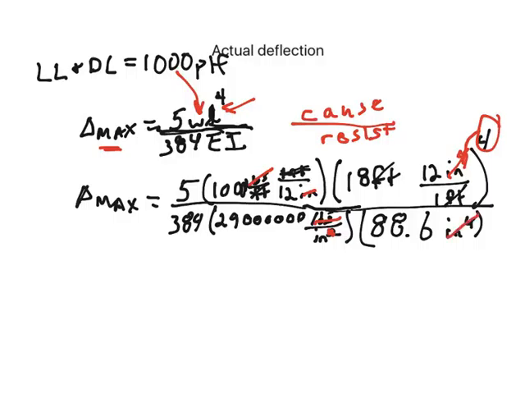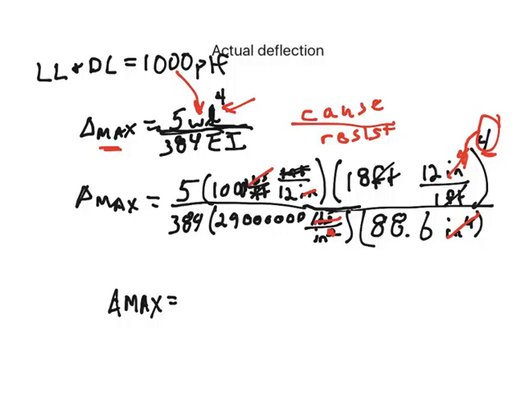Don't forget, though, that you still need to raise 216 to the fourth power up here. I know I've had a couple of students forget that because I showed that it canceled out here. So it cancels out the inches to the fourth power, but it does not cancel out the number, so don't forget to do that. So the delta max that we're looking for, or that this beam's actually going to have, is equal to,